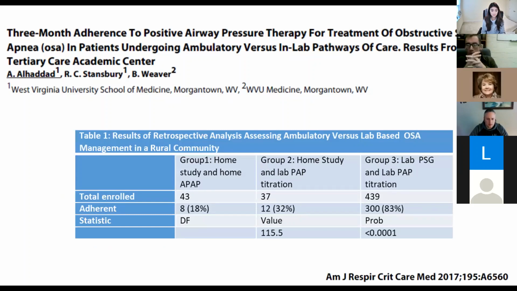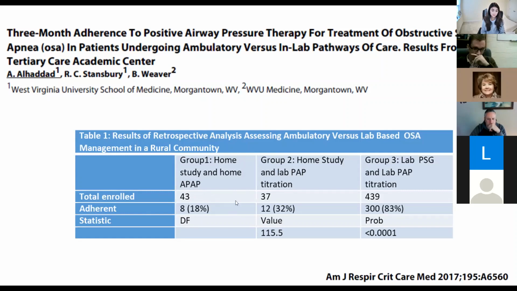So how are we doing in West Virginia? This was from our sleep center. And I will say, when we published this data, we were just ramping up our portable sleep program. This group one is patients who were managed completely on an ambulatory approach. You can see, as we were ramping this up a few years ago, the numbers were a little down,